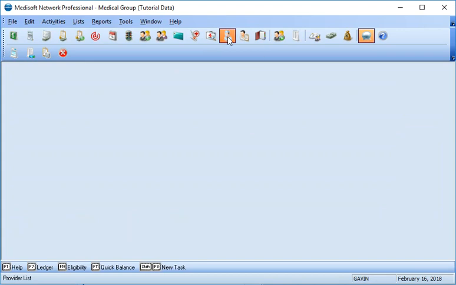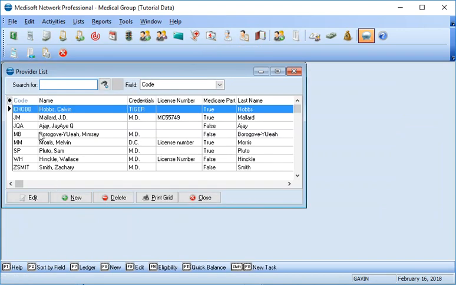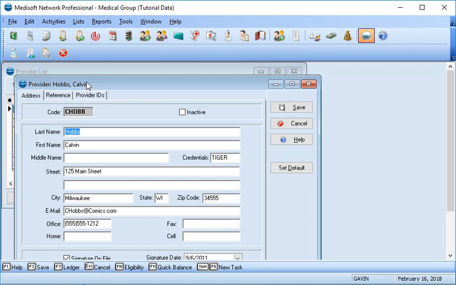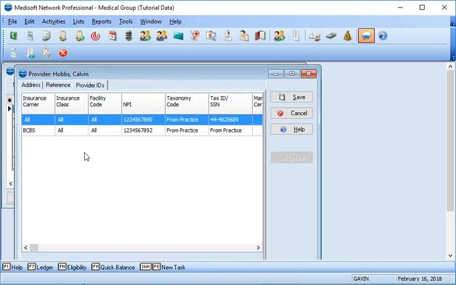Next, go into Provider List and edit your provider. Go to the Provider IDs tab, and here you'll need an "All" record, which you would set up to cover the majority of the cases for this particular provider. So going in here,